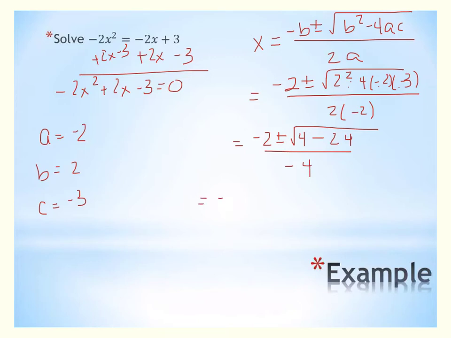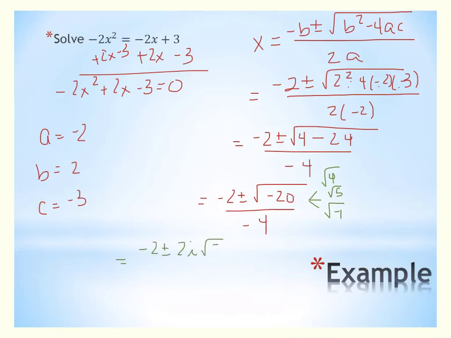So this is going to be the third situation you're going to run into, and that is we have a negative under the square root. So we now have a complex answer, because we're going to have an imaginary number. So we need to simplify our square root first of all. So we have the square root of 4, square root of 5, and yes, there's a square root of negative 1 in there. So let's look at this as negative 2 plus or minus 2i square root of 5